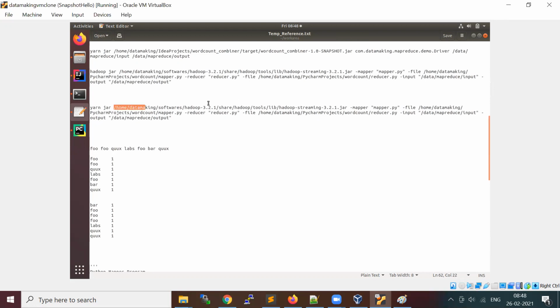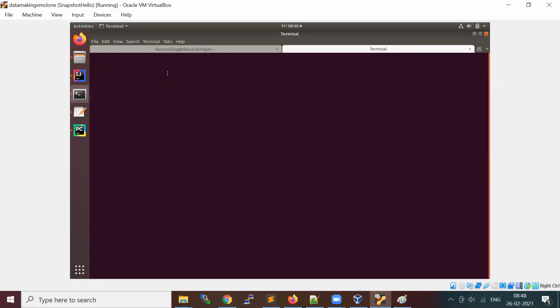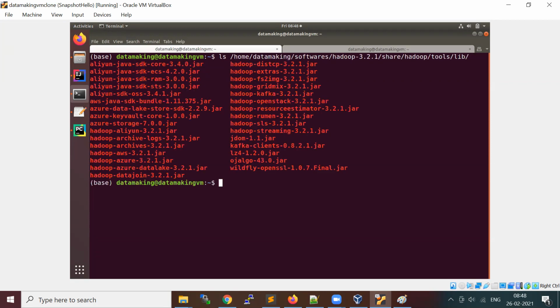So this is the Hadoop streaming library, which is available in this location. If we say ls, inside your Hadoop installation directory you have a share directory.